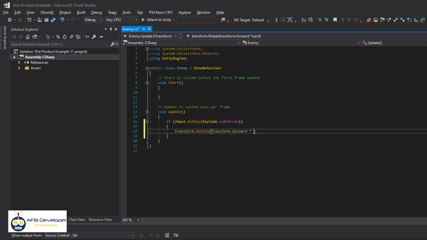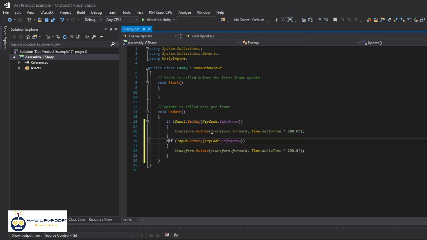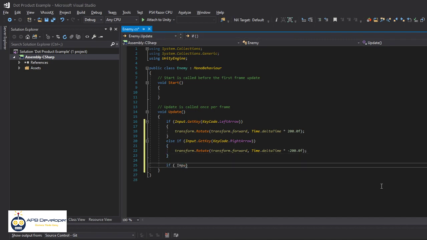We'll rotate 200 degrees a second. More than enough. And if we're pressing right, we'll get minus 200. If we get key code up arrow,